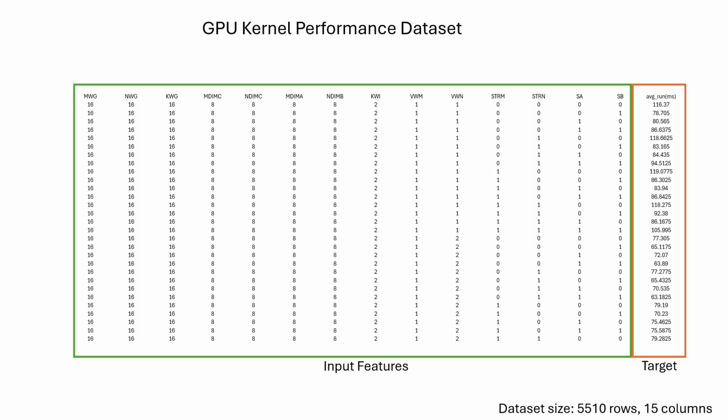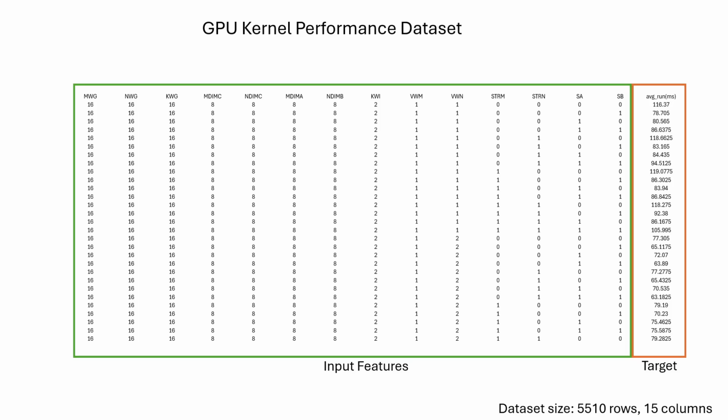The dataset has been pre-processed to ensure that all categorical flags, like SA and SB, which determine scalar versus vector memory access, are represented numerically. All features are now suitable for input into the GPR model. The dataset has been split into 80% for training and 20% for testing, ensuring a robust performance evaluation under realistic